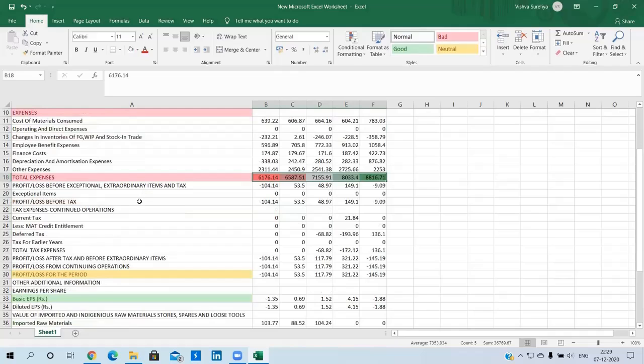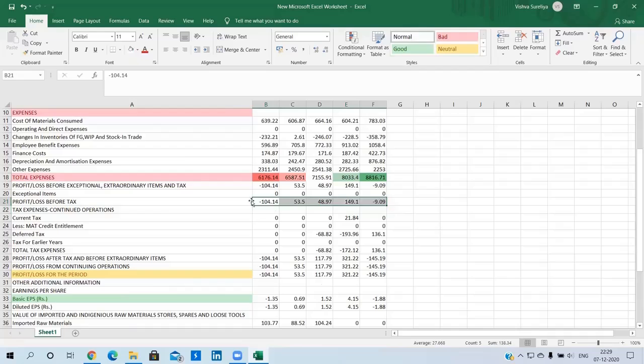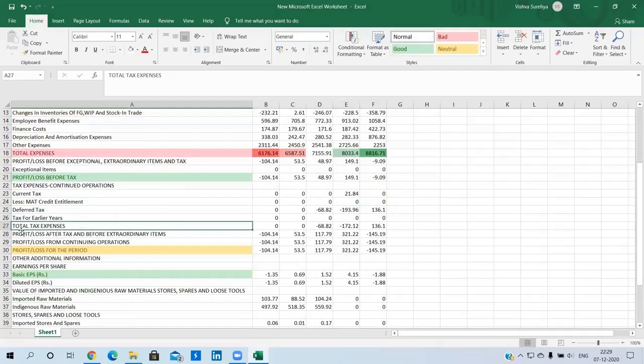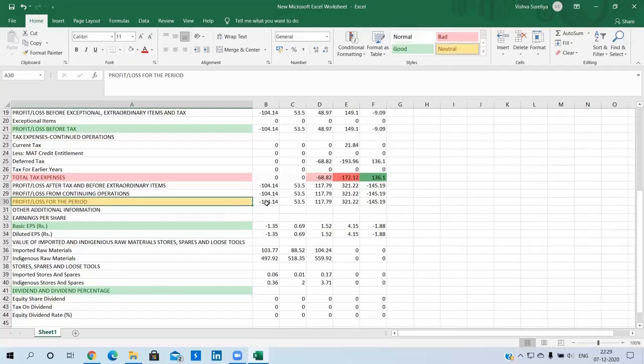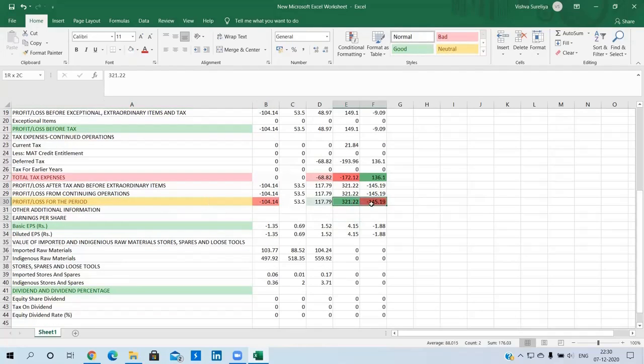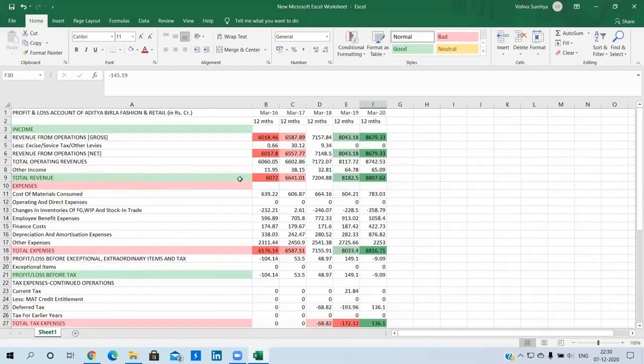Again, scrolling down, here are the details, that is profit and loss before tax. The total tax that needs to be paid, that is total tax expenses, increased. So for the profit and loss for the period, from March 2019 to March 2020, the profit has decreased. Even the firm is making a loss. So what can be the reason? Because if you check here, the total revenue is increasing year on year, total expenses are increasing, but what is the rate of increase of